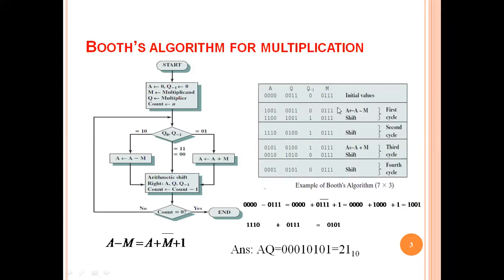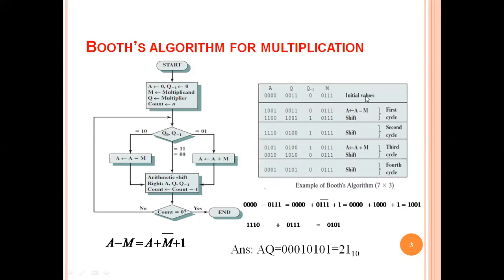For the number of bits, you find out the maximum value taken by the multiplier or multiplicand. If the maximum value is 2, you take 3 bits, n is equal to 3. If it is 5, you take 6, because 1 bit is for the sign bit. Again, I am telling you, Booth's algorithm is for signed number multiplication.